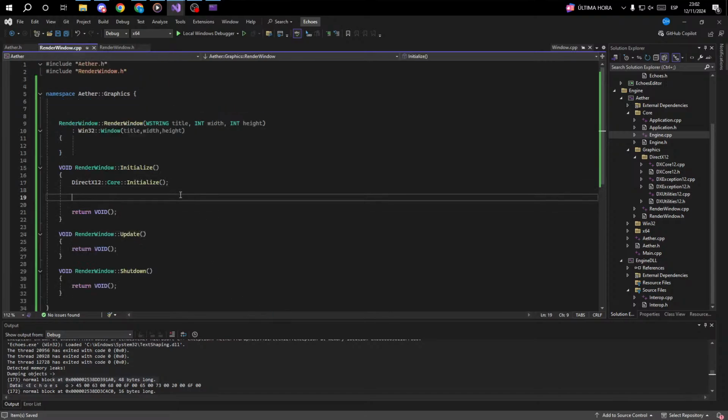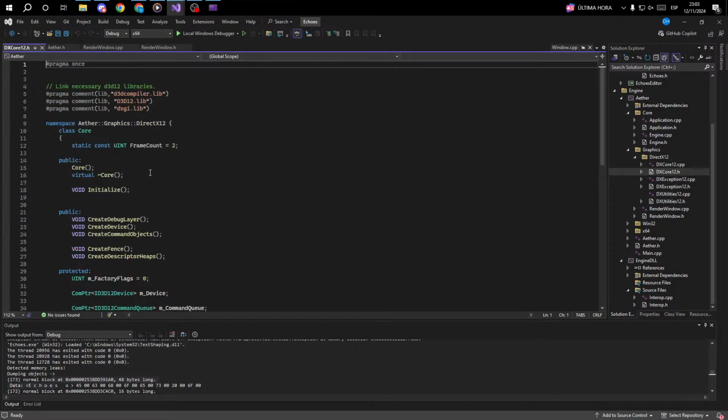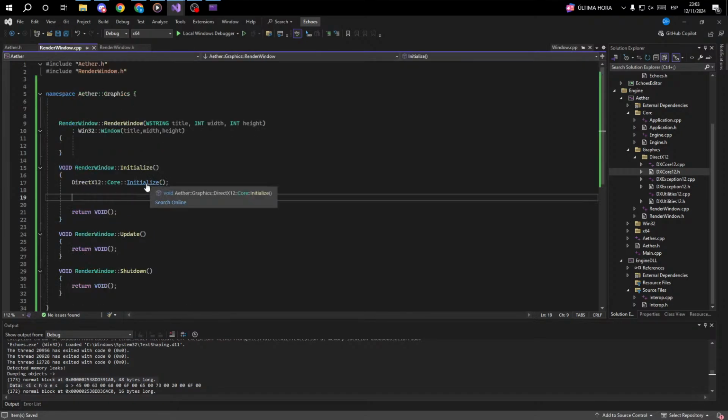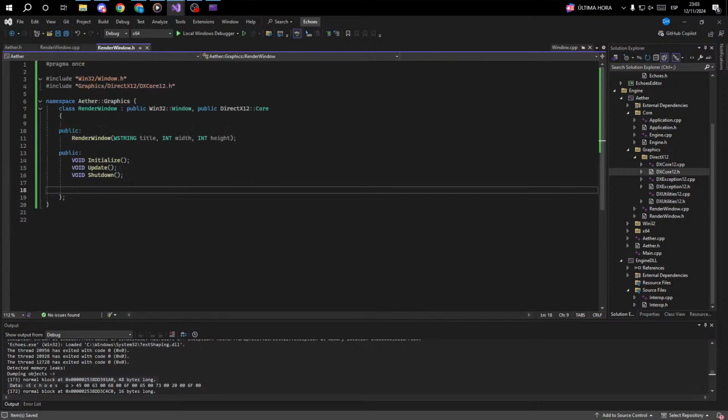In here, I want to create our swap chain. Each different window you create should have its own swap chain. That being said, our core folder, if we create this multiple times, is going to create all of these variables multiple times anyway, so it doesn't really matter where we store our swap chain. But going on the idea that every different window we have should have its own swap chain, I'm just going to build on this from here. So let's come into here and add a new variable, which is going to be